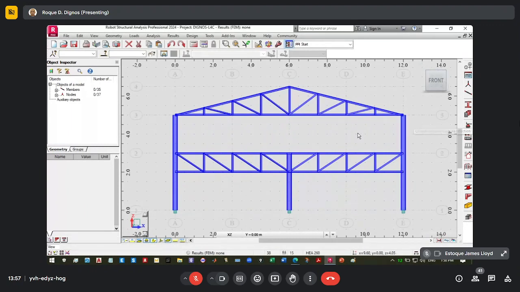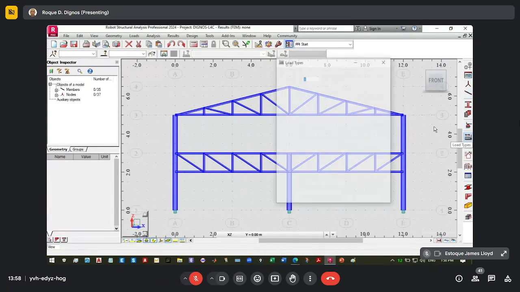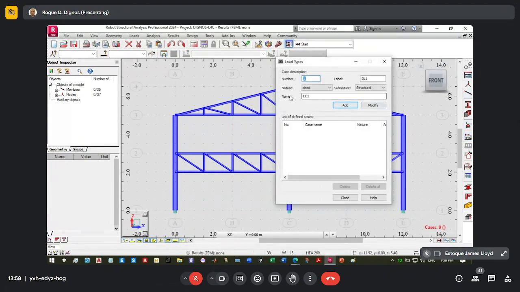So now we apply the load. We have DL1. So DL1, of course, is always there. If you don't add the DL1, that means you have not considered the self weight. And if you imagine this kind of structure is very heavy, no crane can lift this.